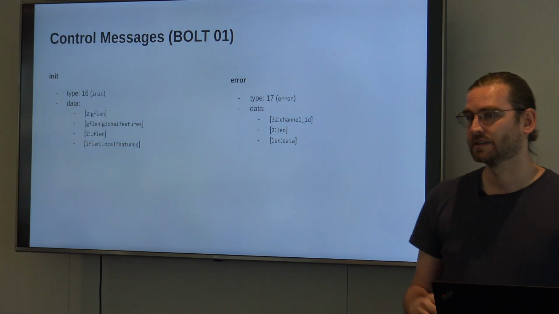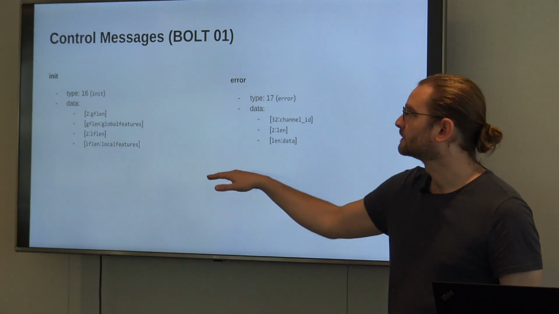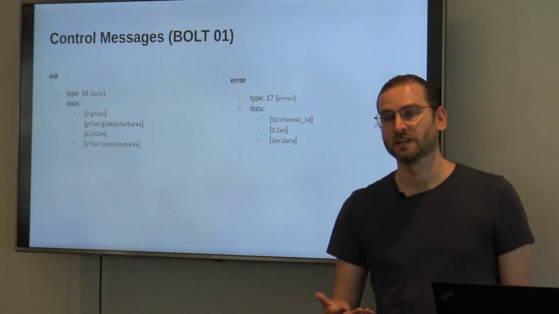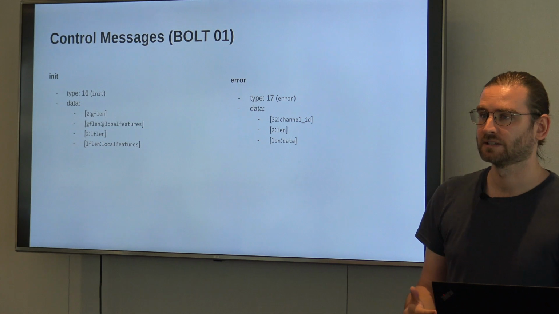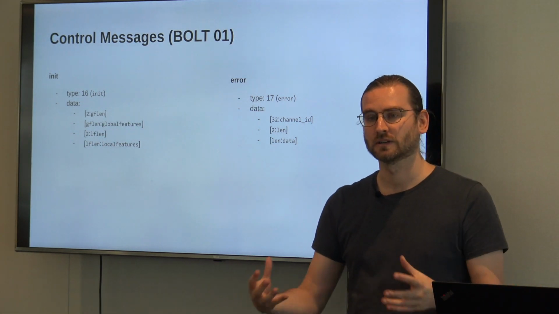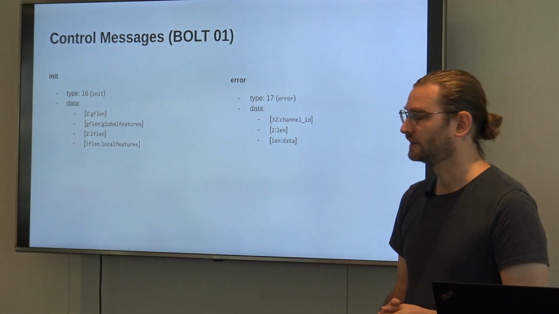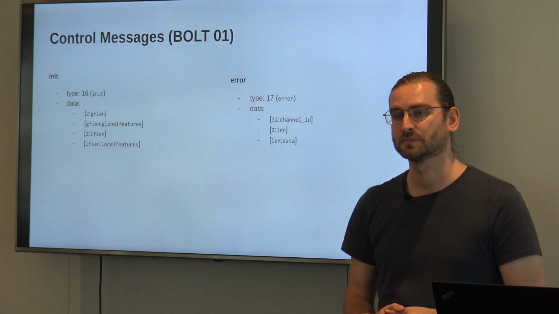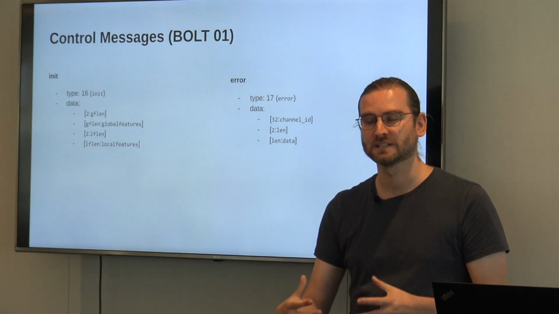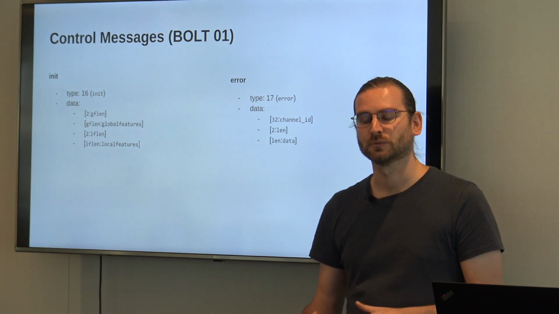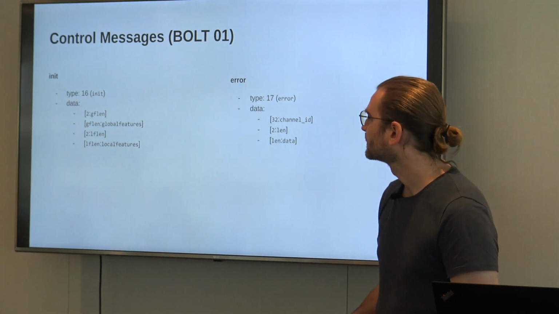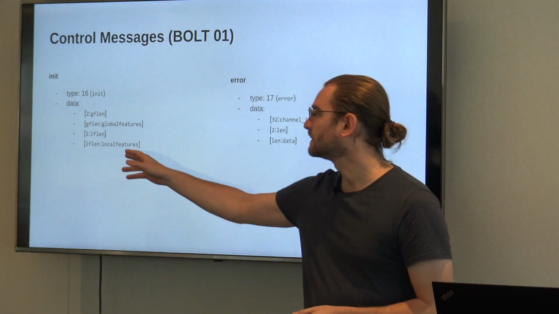And the second part of the second layer is basically control messages. How do we communicate over this channel? And once we have our framing mechanism, how do we actually negotiate what features we support? What's the protocol format going forward? So the first message we actually send is an init message,